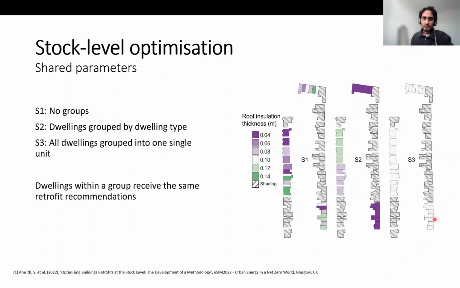And in scenario 3, all of the dwellings have received the same recommendation. So one of the key recommendations from the retrofit for the future project with regards to delivering at scale is to insulate adjoining houses at the same time. So with this kind of shared parameter approach, you can factor in the real world requirements or constraints and dictate what form the results should be in. So this is what I was talking about, where the real world considerations should influence how exactly the optimization is set up. And in the optimization, we'll find the best strategies given these constraints that have been applied beforehand.